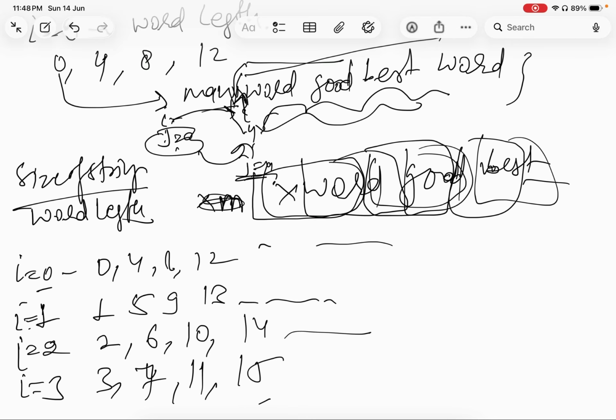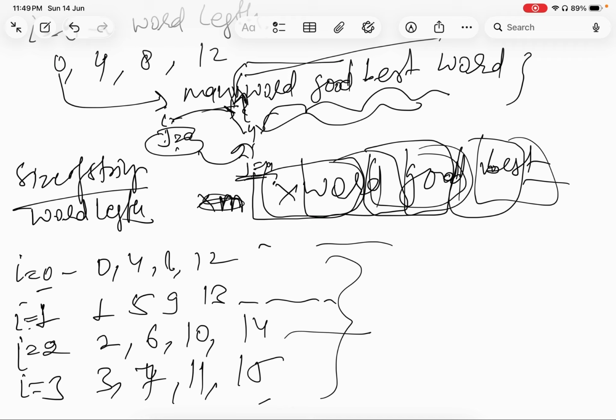So why do we need such more iterations? Because these are the different possible starting points for our word. Word length is 4 here. So you start with 0, because the string is not guaranteed to have a length divisible by the word length. That is not guaranteed. The only thing guaranteed is that all words are of equal length, but the string which is given can have any length. Then in order to generate all combinations from your words,